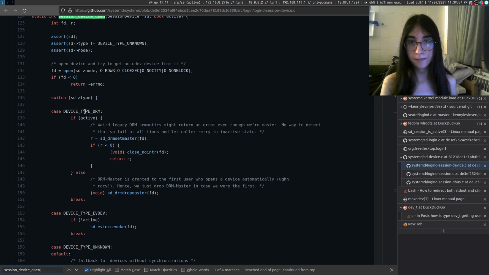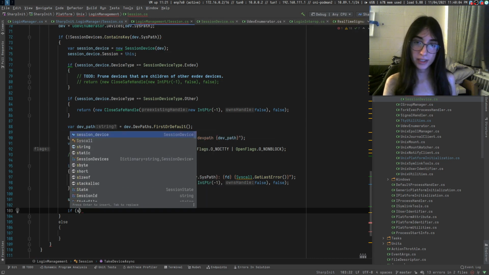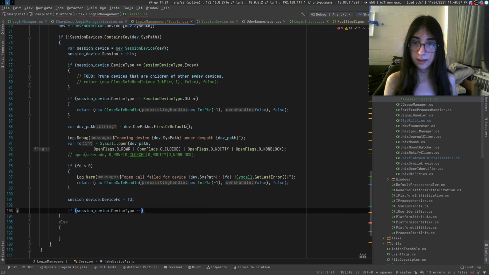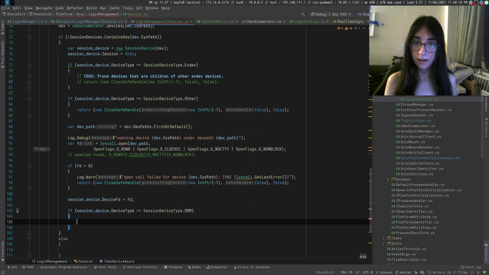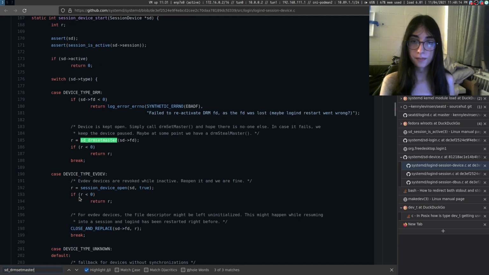And then we switch on the device type. Well, we don't need to switch. There's basically two cases we need to handle. Device type is DRM. Then we need to make that IO control call